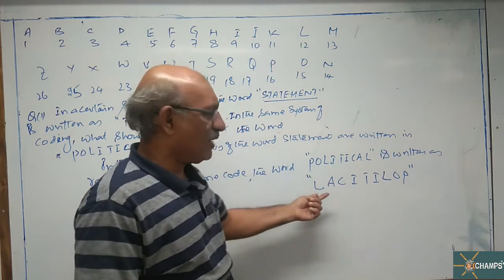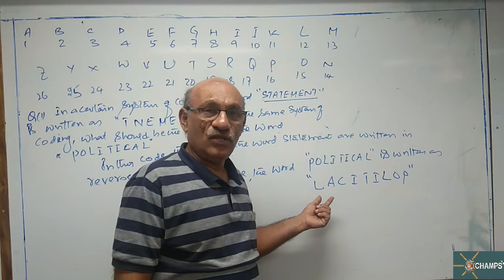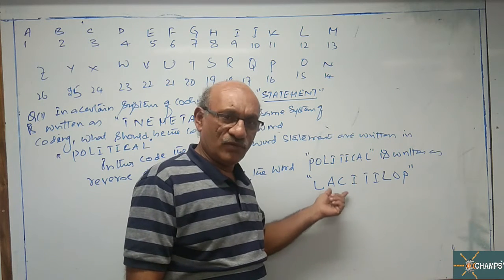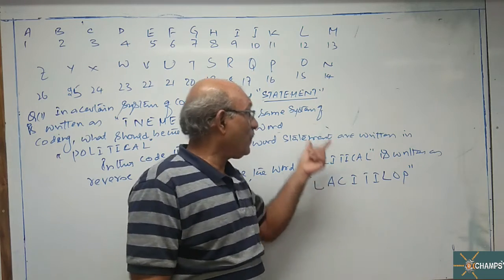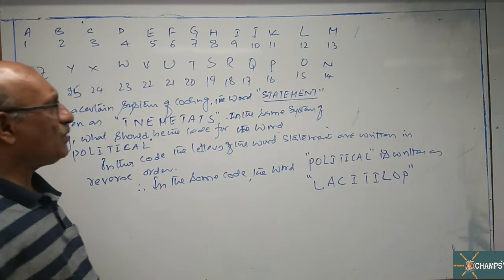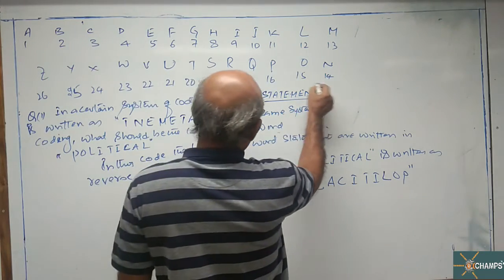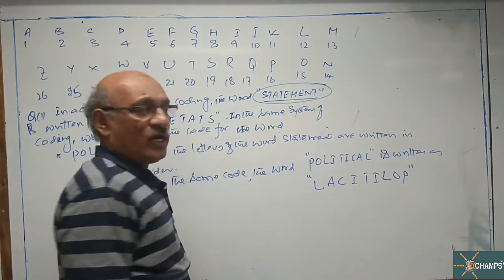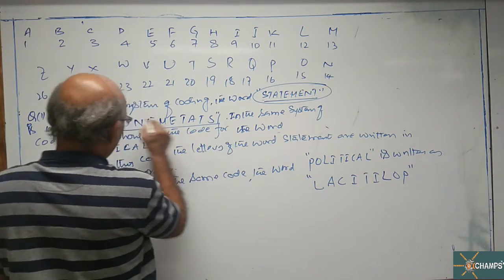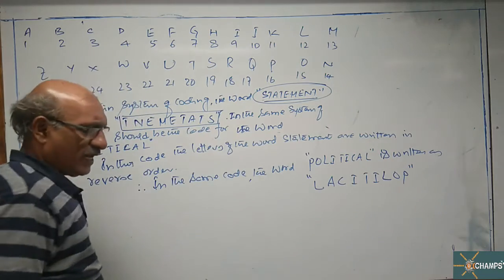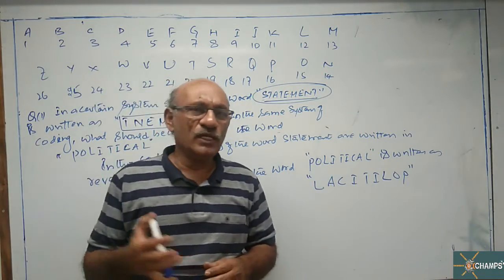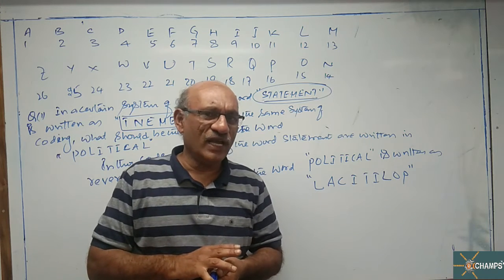Now this is available as an option. You have to see with which option your decoding process matches, that is, this code which is appearing. Okay. Look at this one more time. The word statement is given, and it is also given in the question how it is written. So it is written in a code. Code means what, sir? Only the person who knows how to decode this can read it.